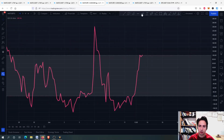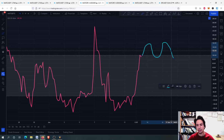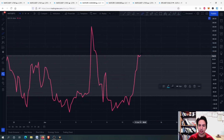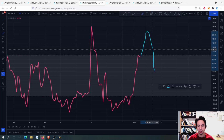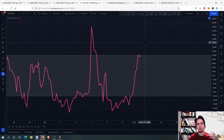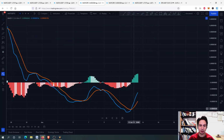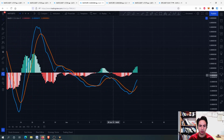Although what we need to see on the 4-hour frame is something like this, going like this, alright? Like we have an impulsive wave. But alright, in a normal market, guys, when we are going above in the commodity channel index, we usually go down. So for MATIC against Bitcoin, in the 4-hour frame, we have to be a little bit careful. On the MACD, we had a bullish recross. That is nice, but we want to surpass some higher resistance levels in order to say that we are going